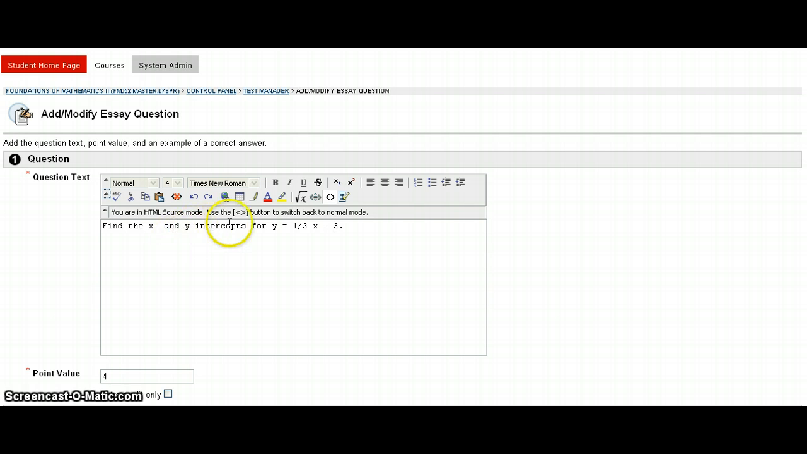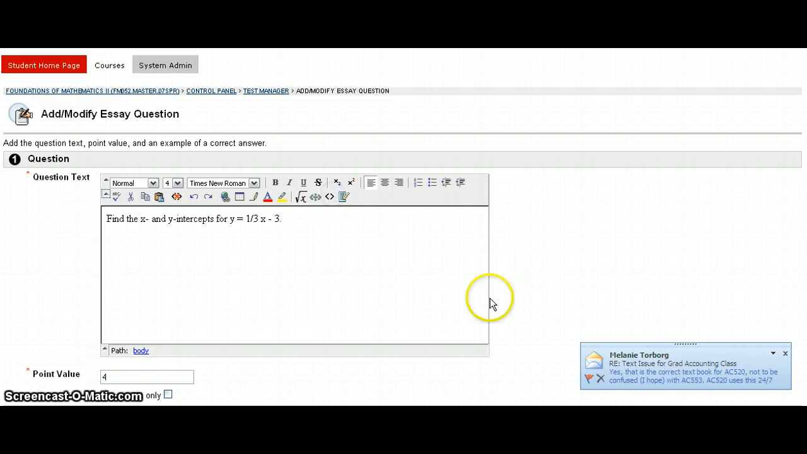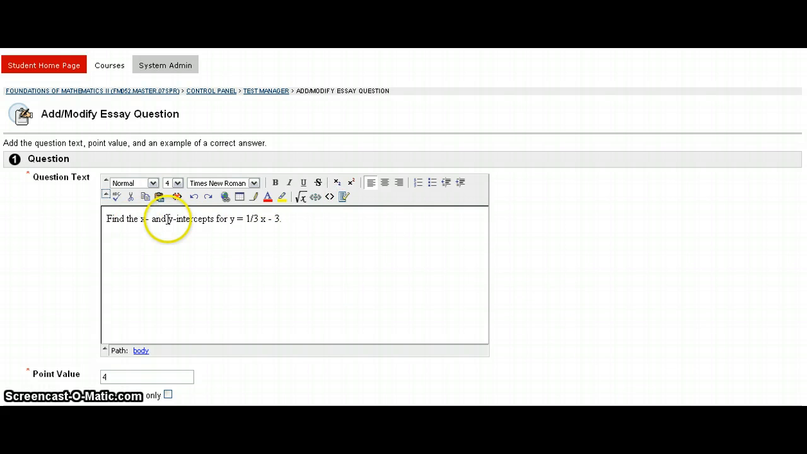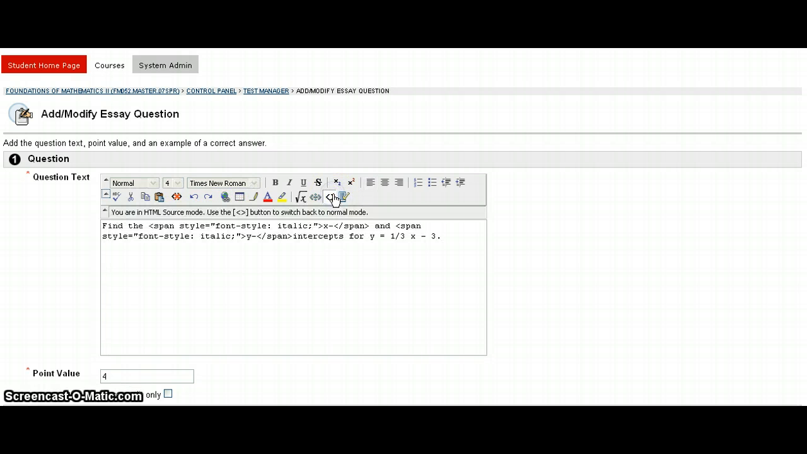I've pasted the question back in here, and when you're in HTML mode, you can't make any changes in terms of something being italic or bold. So I've pasted the question back in there, and then I'm going to go back to the normal view mode. The question initially had the Y and the X italicized for this question. So I fixed that, and now if I go back to this HTML mode,